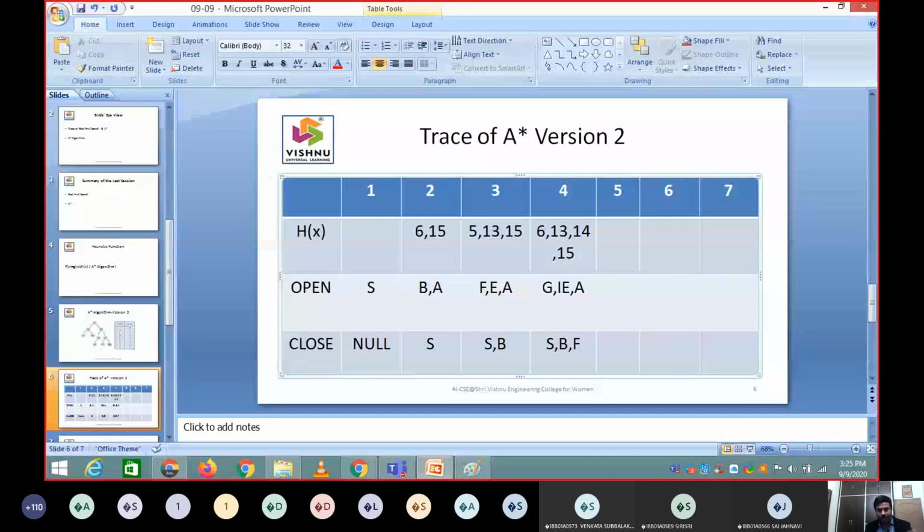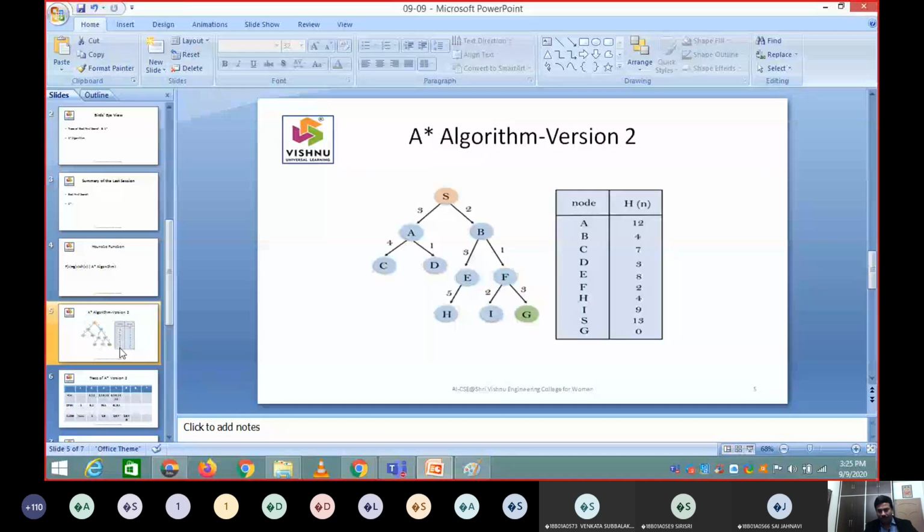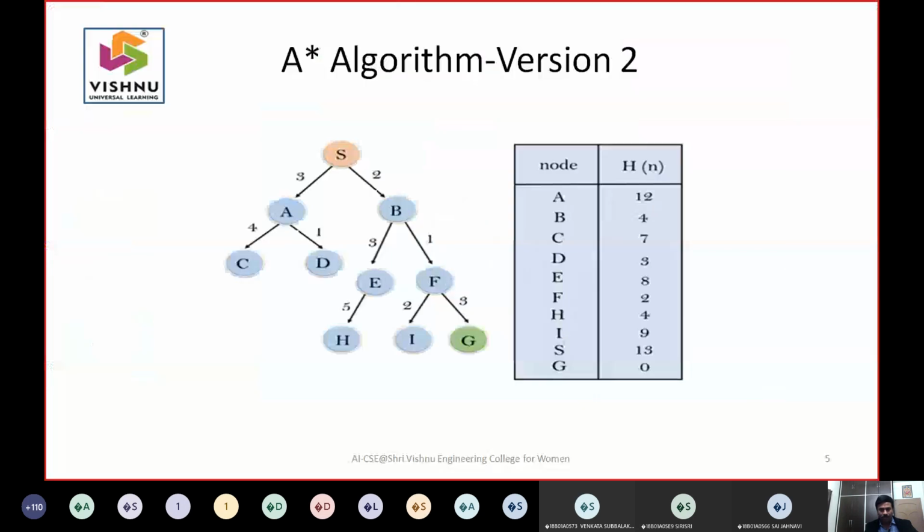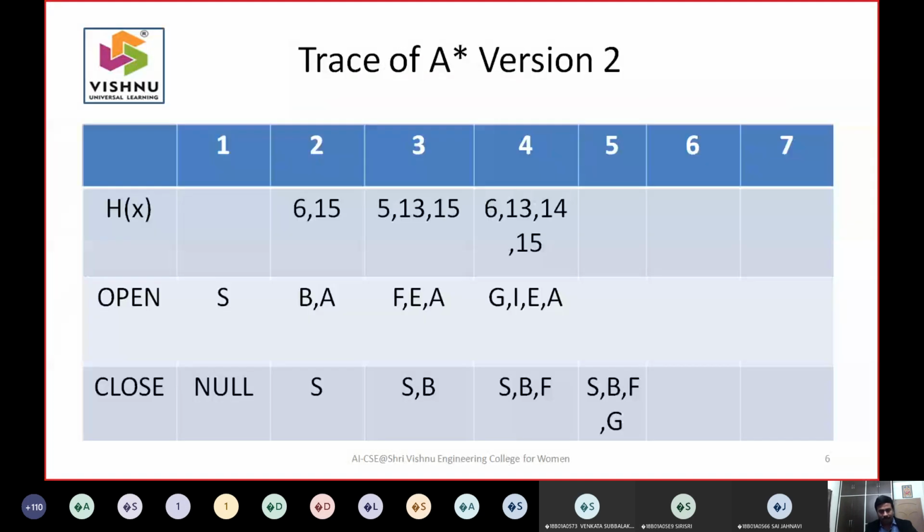Obviously G has the lower heuristic, and that is the reason you have S, B, F, G. Since G is the final node, the output for this example is SBFG.